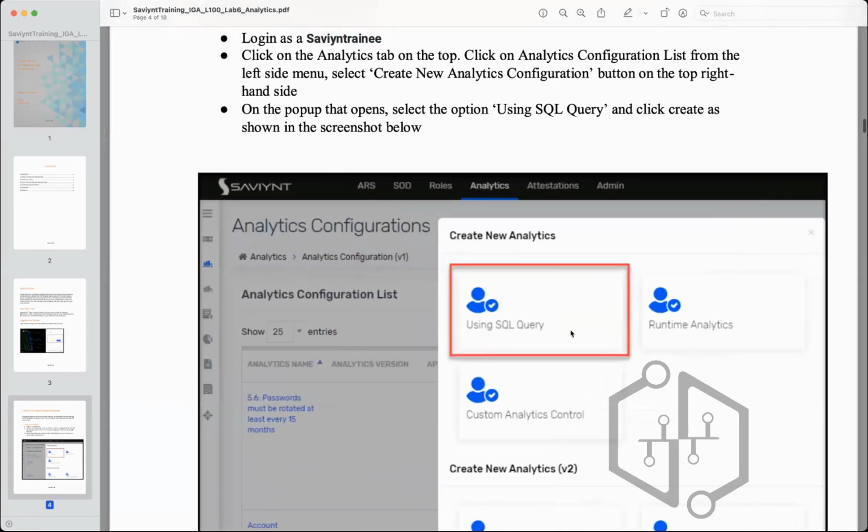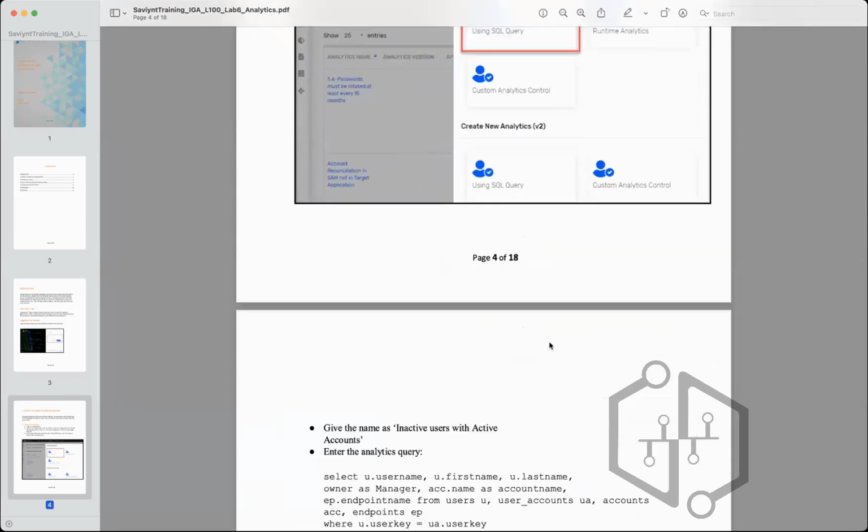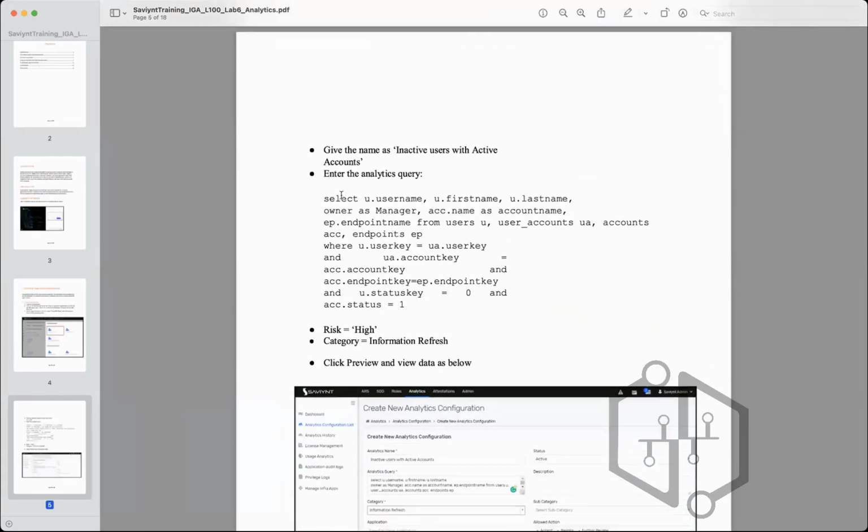When you click on create new, you'll see using SQL query. You are creating an analytics using SQL query. These are the kind of SQL queries that you will write. This is for the same example that I was giving you, inactive users with active accounts. By now, we have also understood why that is a problem. Why should we not have inactive users with active accounts? And remember always that user denotes user identities,